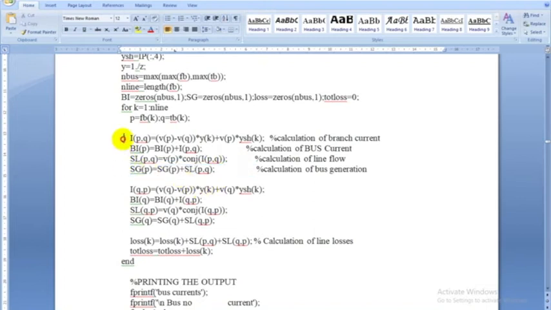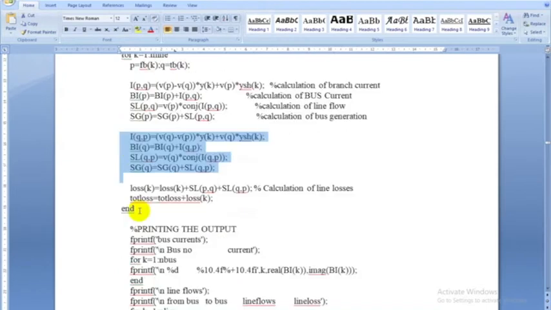So all these four lines are there, no? You write the same four lines here. You are just replacing Q with P and P with Q. That means you are finding the same parameters at the receiving end of the line. Once you know the sending end power and the receiving end power, take the difference of those two, which will be the total loss. Instead of minus, here we have taken plus.